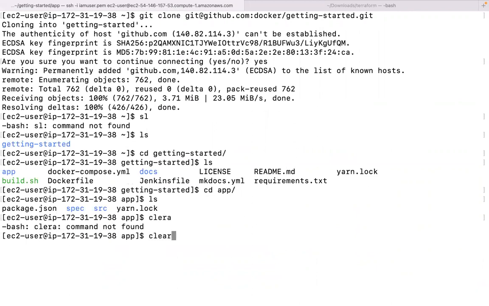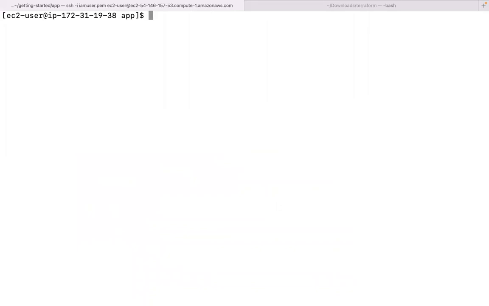You are building an image based on this file. That means you are telling Docker, okay, I need an image with these instructions. Remember, we need an image with Git installed. What we are doing is creating an EC2 instance, installing it, and taking an image, right?